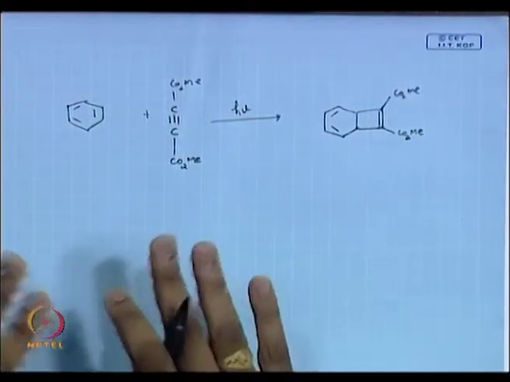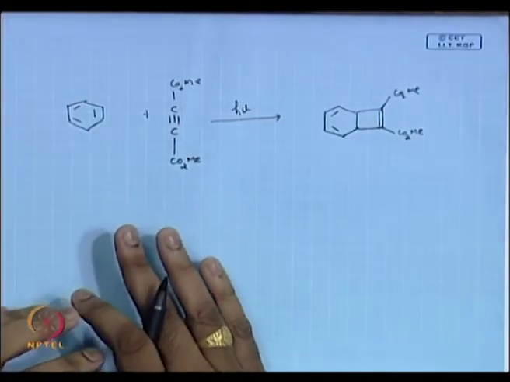See, why I am working on benzene is most of the time people give benzene above the arrow mark, okay. They give an alkene, they put a benzene and they say photolysis. What you end up doing is just dimerization of your alkene, you never think about the photochemistry of your benzene. So, think that benzene is also a good substrate, okay.